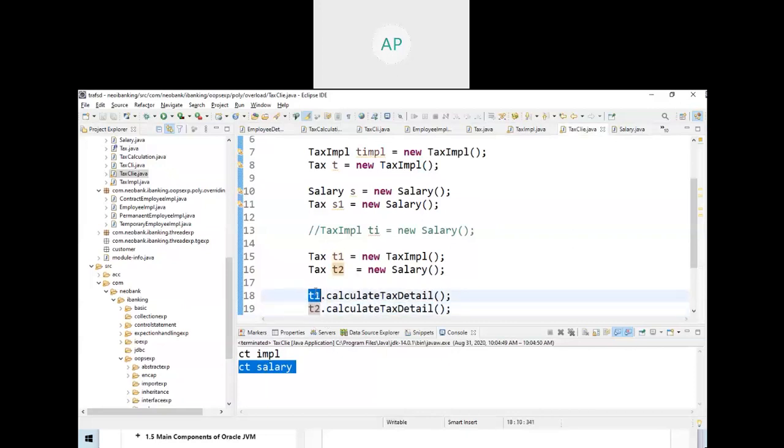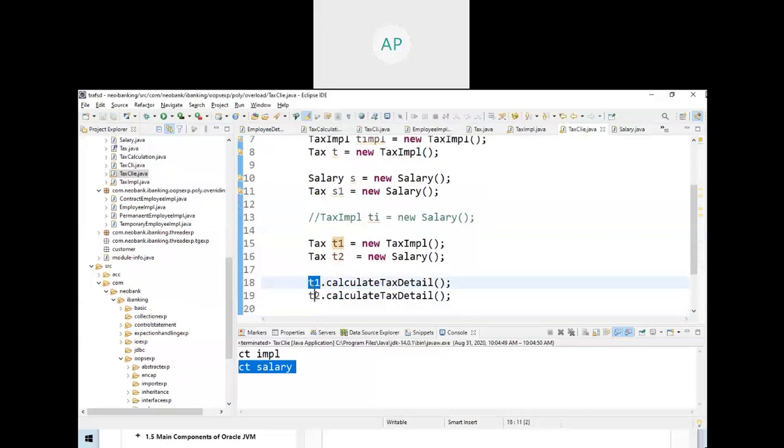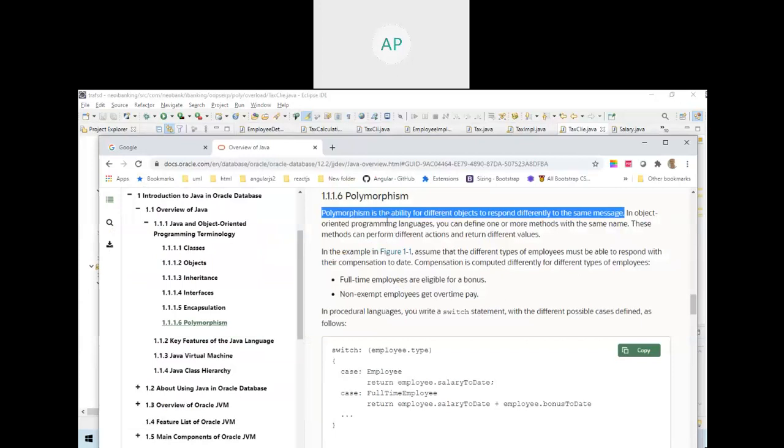So same message, same way, same type. I'm talking of type. Same type. But this is pointing to one object, and this is pointing to another class object. That's the takeaway. Takeaway is very, very important. Same message.